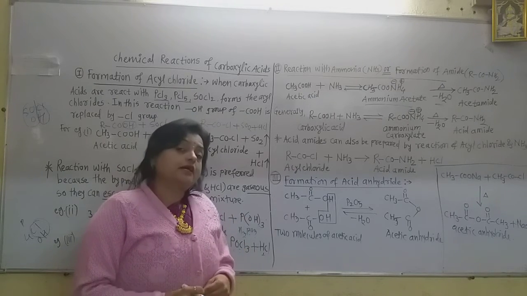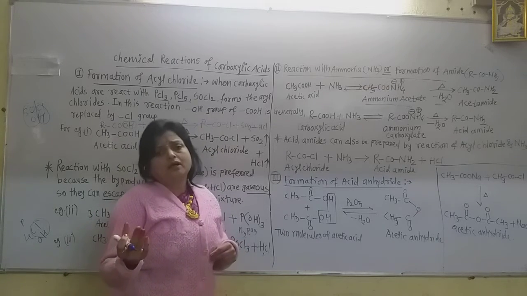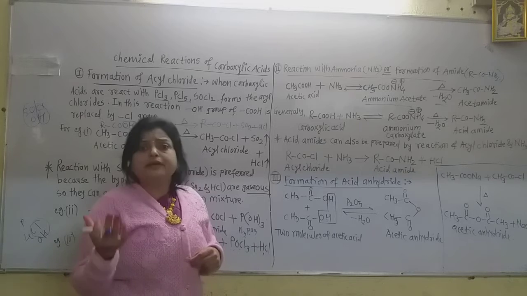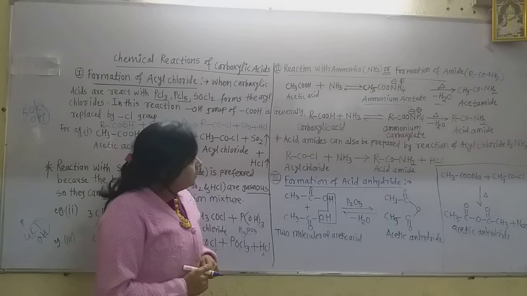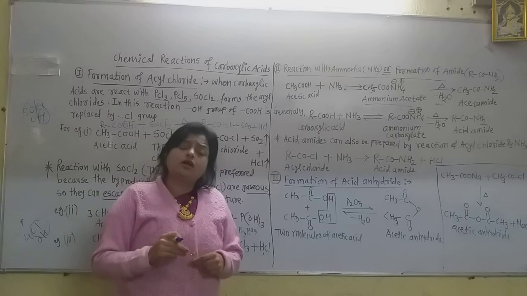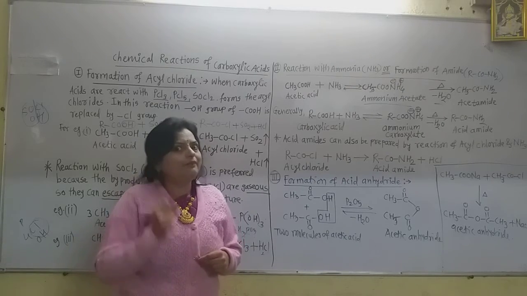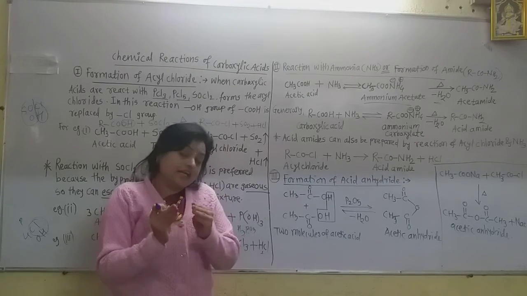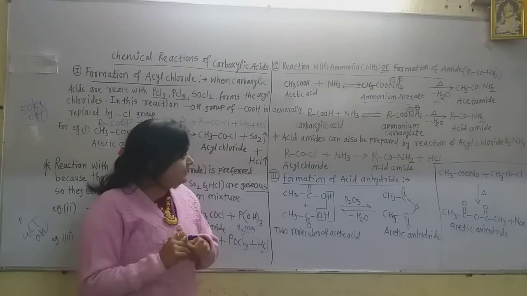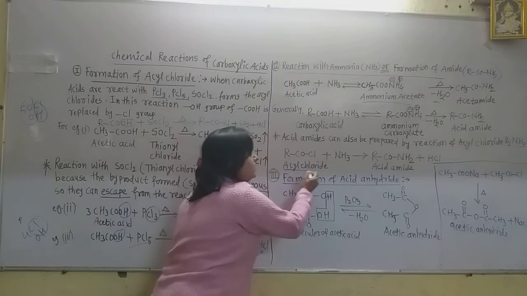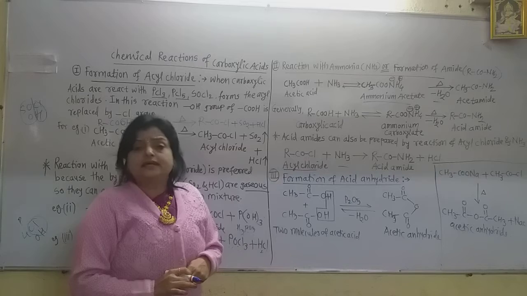So there is always a short note in the board examination, that is the formation of amide, or how amides are prepared from carboxylic acid. So you must write it down. If they ask particularly for 2 marks the reaction, prepare the propanamide, you can take propionic acid for that. Now these acid amides can very readily be prepared by 2 different reagents also. That is the second method of formation of amides, and those 2 reagents are acyl chloride and ammonia. It immediately forms the amides.